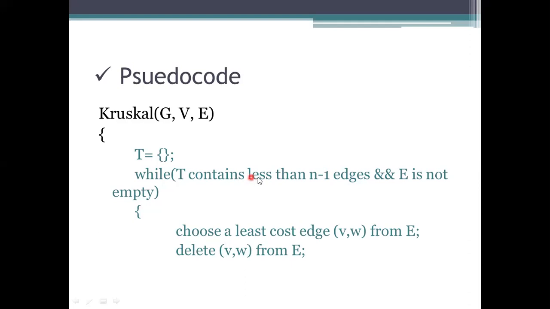What is the condition here? The edges should be less than n minus 1 edges. Okay, and then it is not an empty one. Whenever it is an empty one, we will stop there itself only. And then coming to this